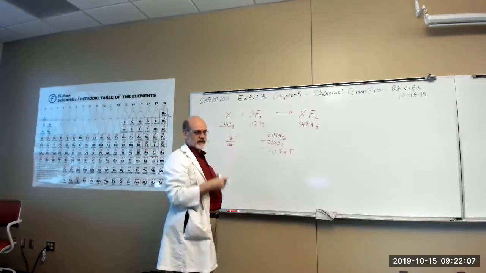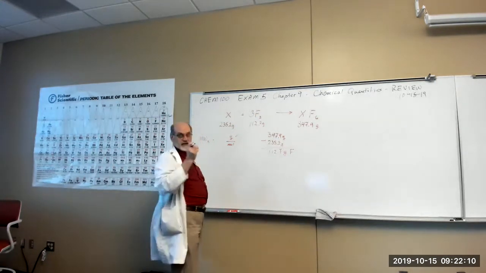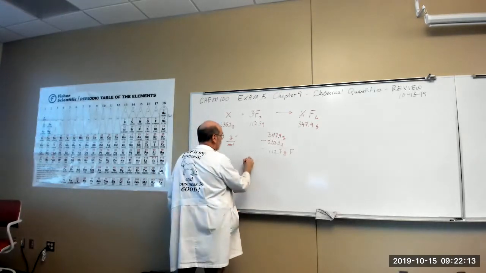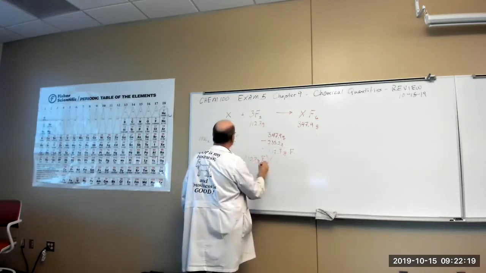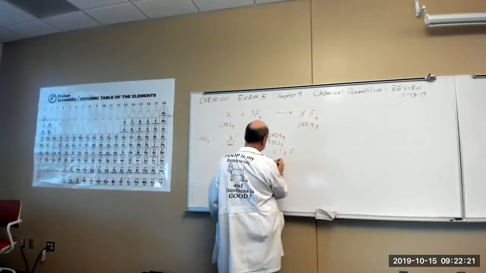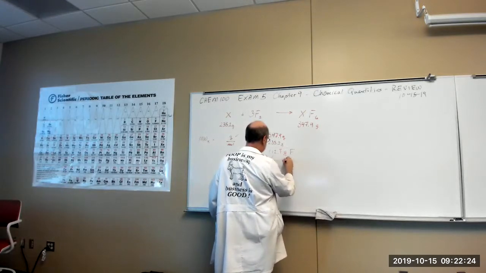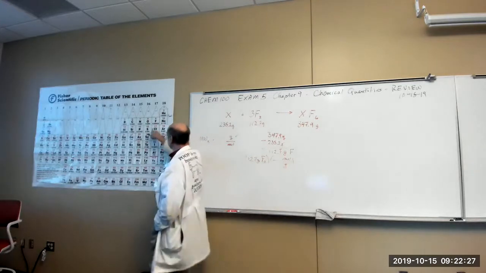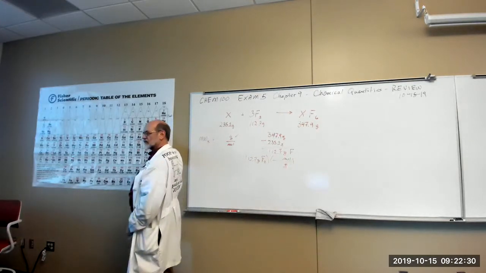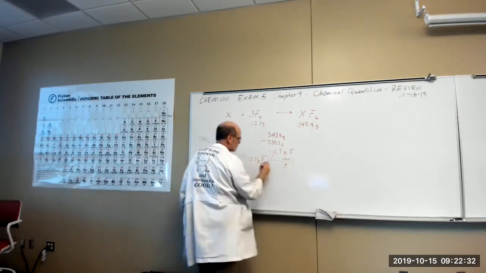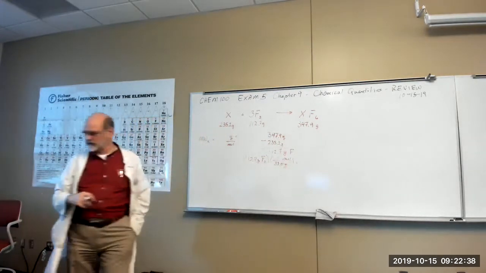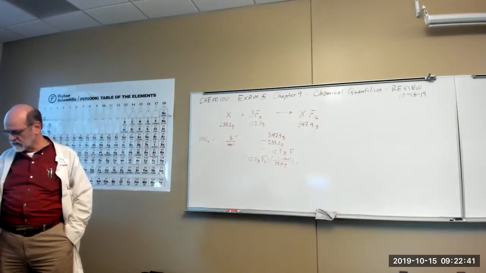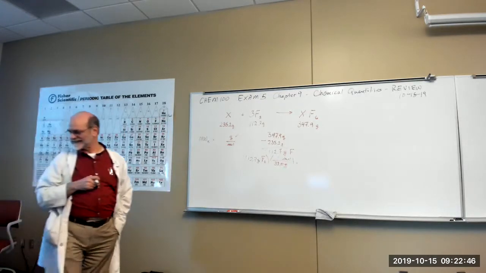After you do that, the rest of it is the same as everything else. So 112.7 grams of F2 is how much X? Well, actually, we need moles first. Right? Grams, moles. So F2 is going to be 19 times 2 is 38. So we divide 112.7 by 38. 2.97